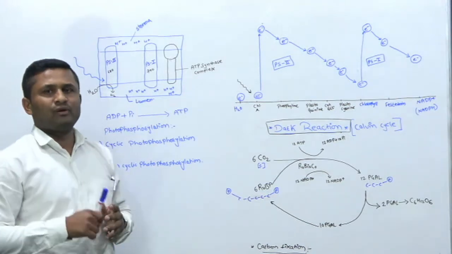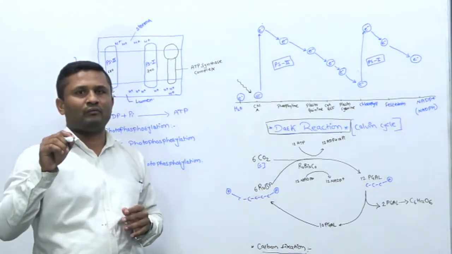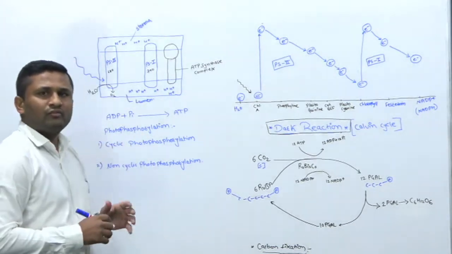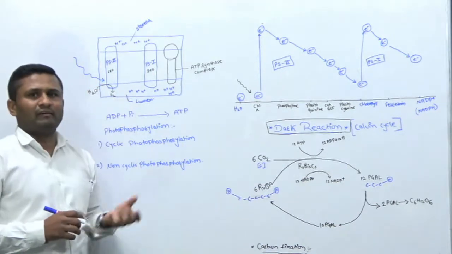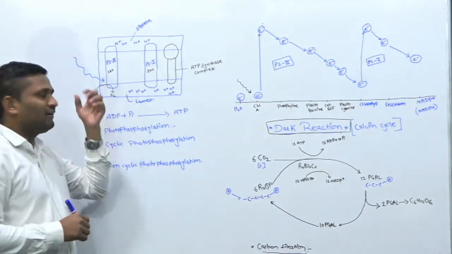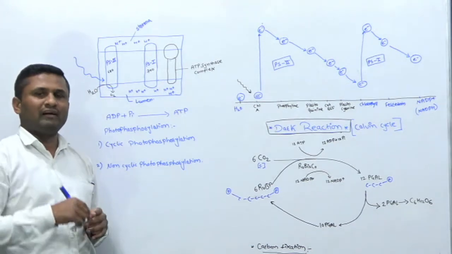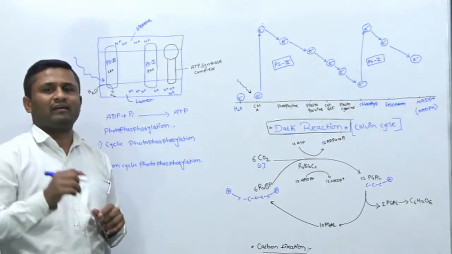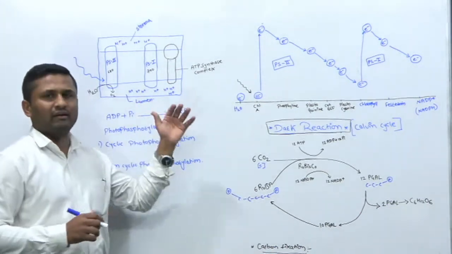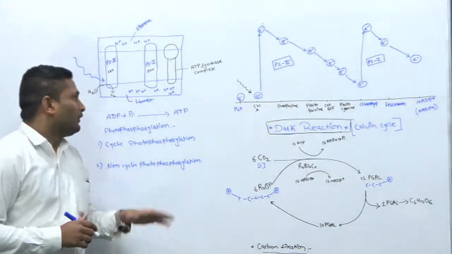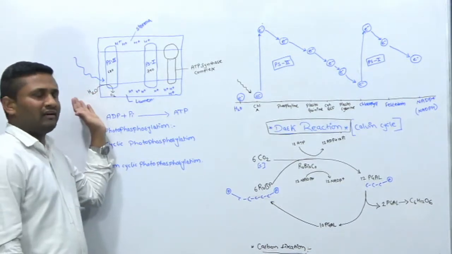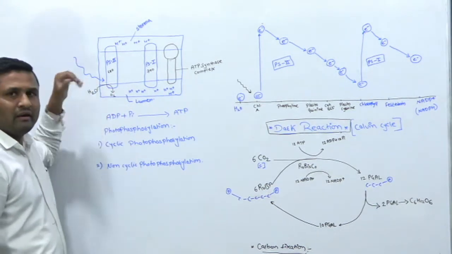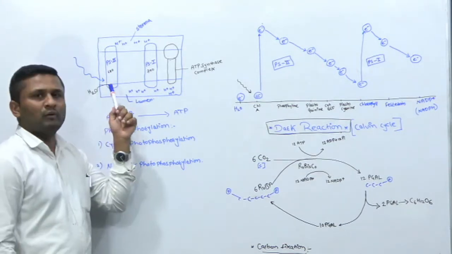In the last video I told you that the oxidation of water is very complex, as oxygen is very electronegative. So this photosystem second is the site where oxidation of water takes place. This is again important: oxidation of water takes place only in the non-cyclic event. What is the non-cyclic event? We will come to that later. Now this water which is getting oxidized will release oxygen, and it will replace the electrons that are released from this PS second.